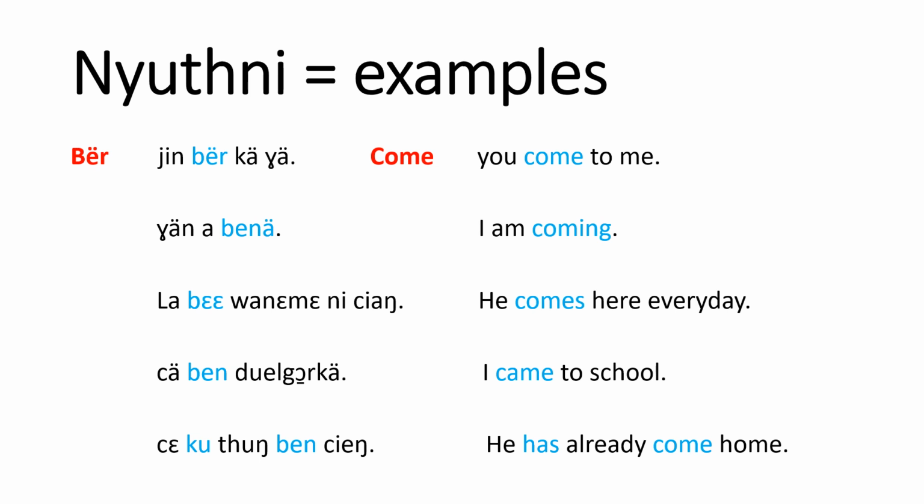Now, see, in red, look at the words all in blue. They all mean the same word in red. Look at the words in blue in English. They all mean the same as come in red. These are the different forms of the same word. This is what I'm talking about. This is a rule that you will never find in any book in Nuer. But lucky you, you got it here. It took me a long time to come up with this.